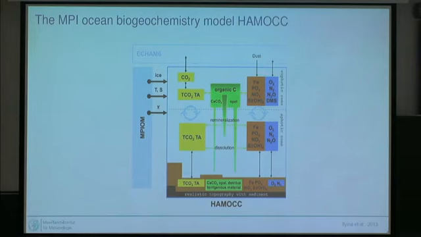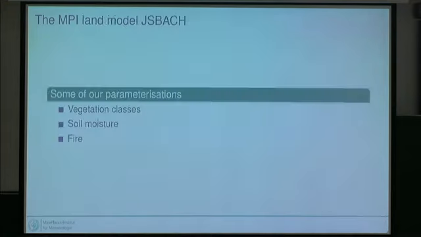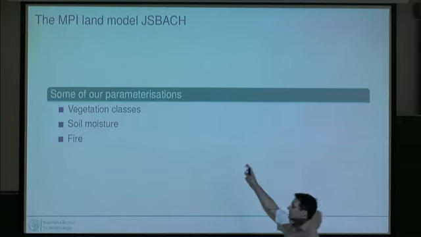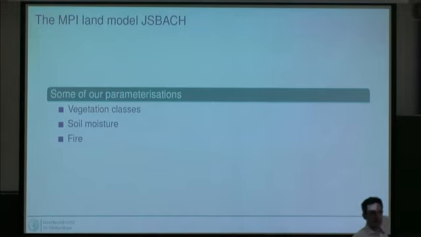And these things are all mixed around by what happens in the ocean model. We have a land model where, as far as I know, we have very few explicit parameterizations. It's very hard to do explicit mathematics on a 100-kilometer grid cell in biology. So most of that model really is based on parameterizations, for example, on what kind of vegetation classes we have, whether it's shrub or trees, and what kind of properties these vegetation classes have, how we treat soil moisture,